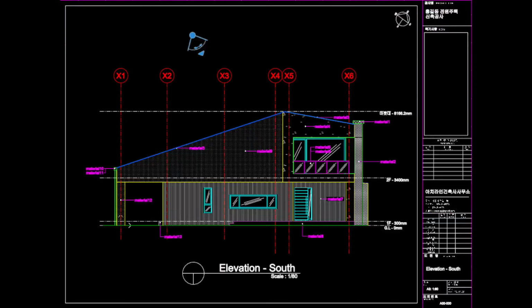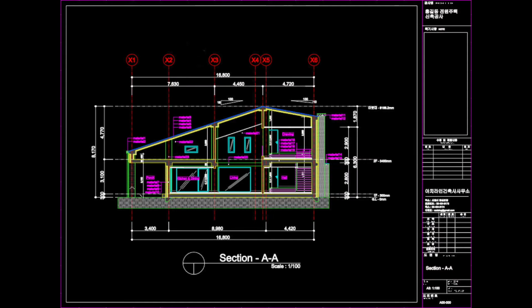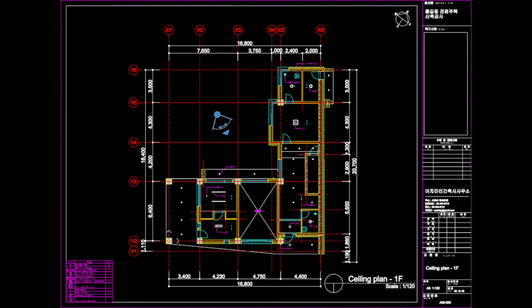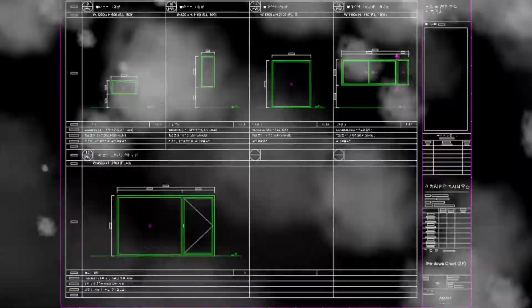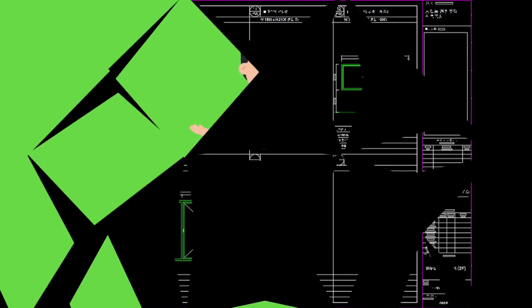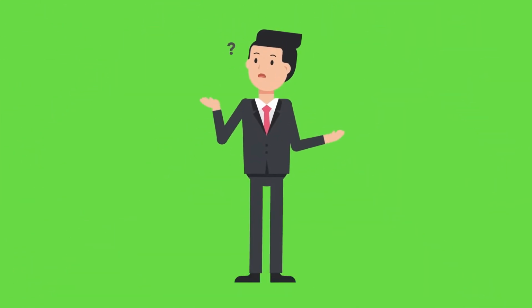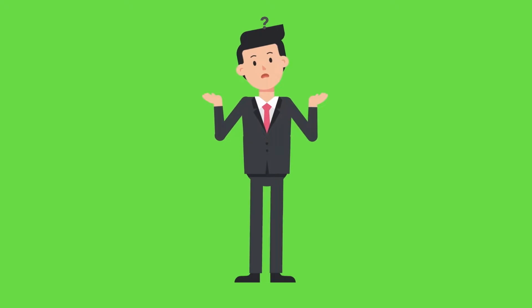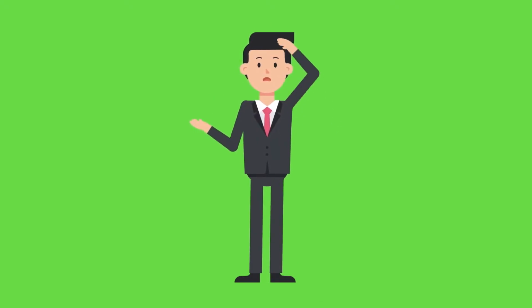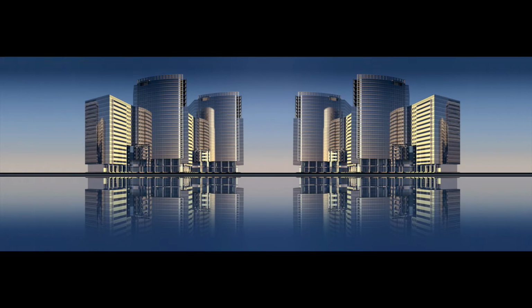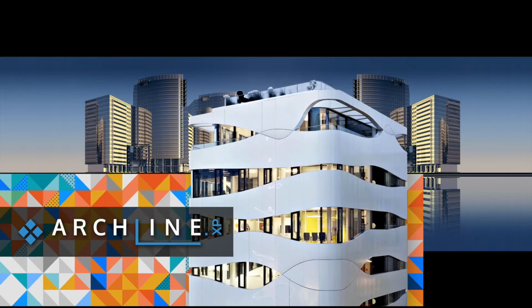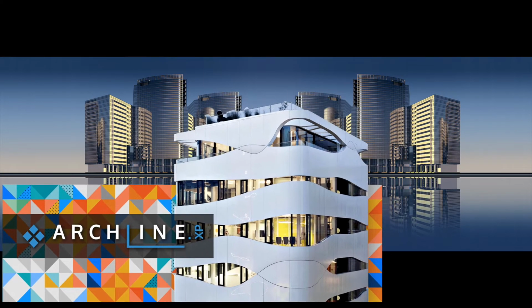To solve this problem, simple 3D CAD is sometimes introduced. You may be able to fix some errors with this effort. However, the error cannot be completely eliminated because it is also checked by human eyes. So to solve this problem, you need to use a professional BIM product such as Archline. Simply put, to eliminate errors in the design drawings, Archline is used.